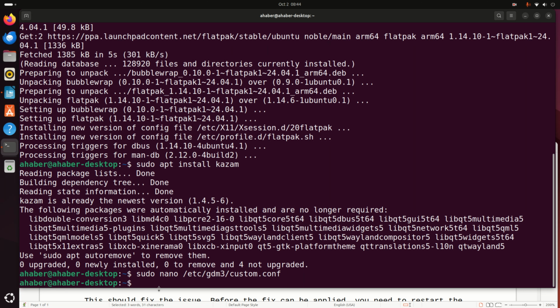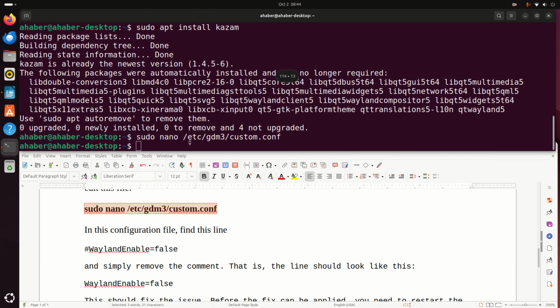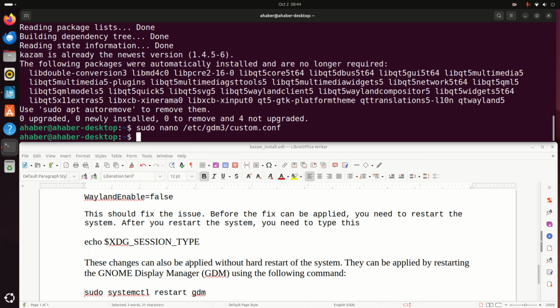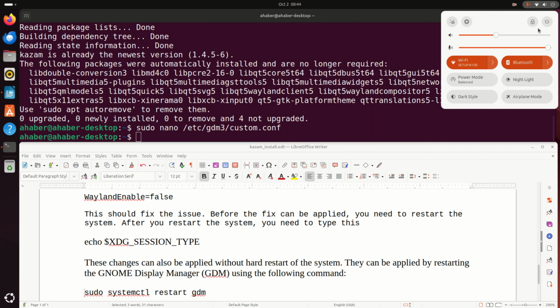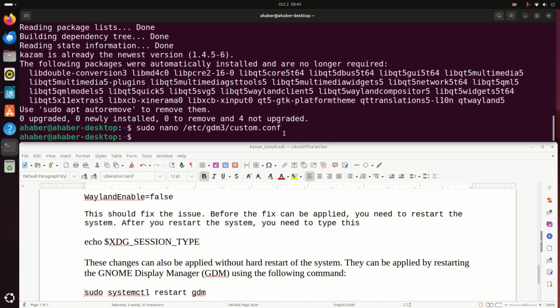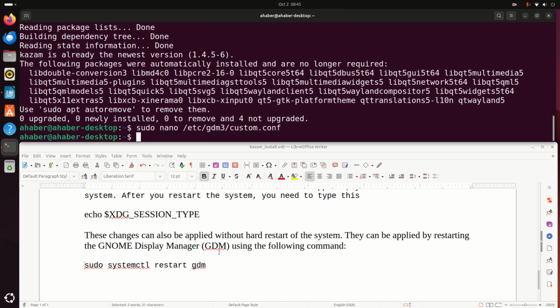However, before you can actually test this, you need to restart your system. There are several ways to restart the system. You can basically click over here, then you can simply click here and then you can restart your system, or you can simply type here sudo reboot. After you do that, that is after you reboot your system, you can start recording, and once you open Kazam and you record your video, you will be able to record the actual video and the video is not going